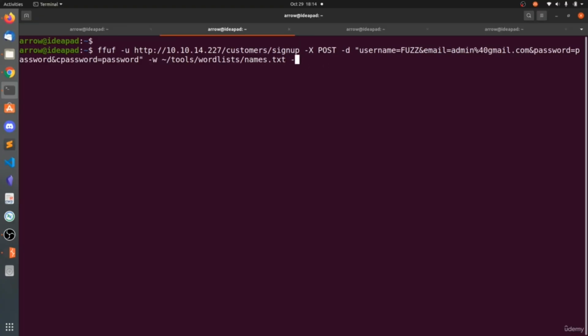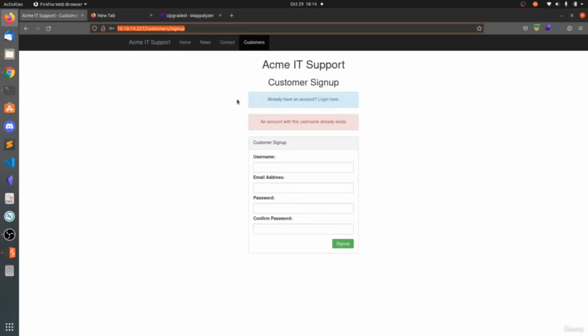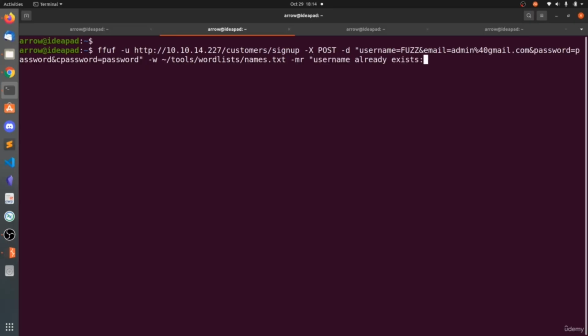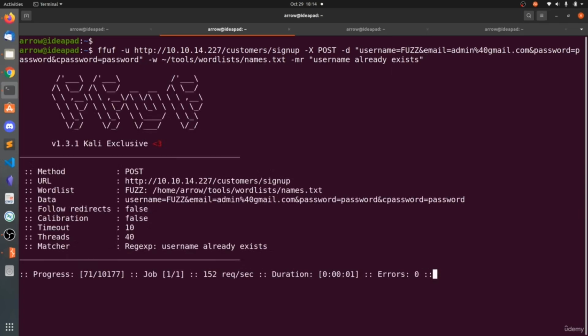Now what we need to filter for the regular expression, or we need to match the regular expression. What is the text, account with this username already exists. So let's grab username already exists. So whenever there is a response with the text containing username already exists, that means that word in the word list is the user contained. Now if you hit enter,